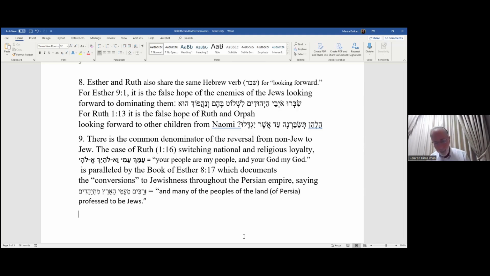And thus we've presented what we call the commonalities in structure and in plotment between the book of Esther and the book of Ruth. So on the surface, they are two very different books. But from the structure of the emplotment, how things work out in the narrative, on the relations between female and male, on those subject to those who rule, and on the control of the turnout of events by Ruth and